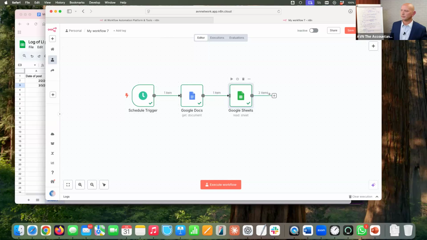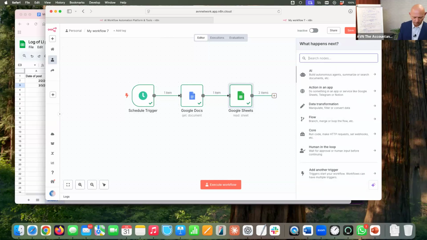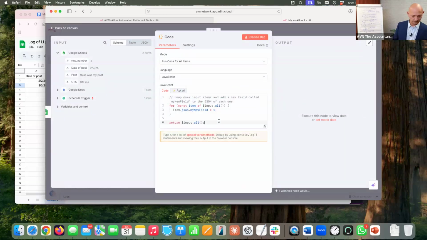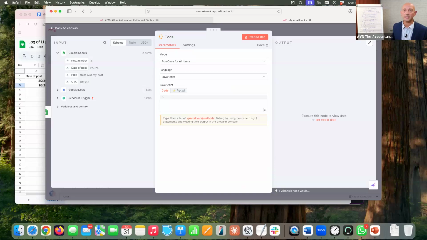What I'm going to do is I'm just going to put a piece of code in. Now, when it gets to coding, that can sound scary, but all I did, despite the fact that I am a coder, it's 10 times quicker, if not more, just to ask ChatGPT and say, right, the output I'm getting from my Google Sheets is it's listing all of the rows in N8N. Can you make it so that it filters that down to just the last 50? That's all I did. It created me some code to do that. And I am just going to copy that in rather than going through the ChatGPT process again. Just going to copy that in.